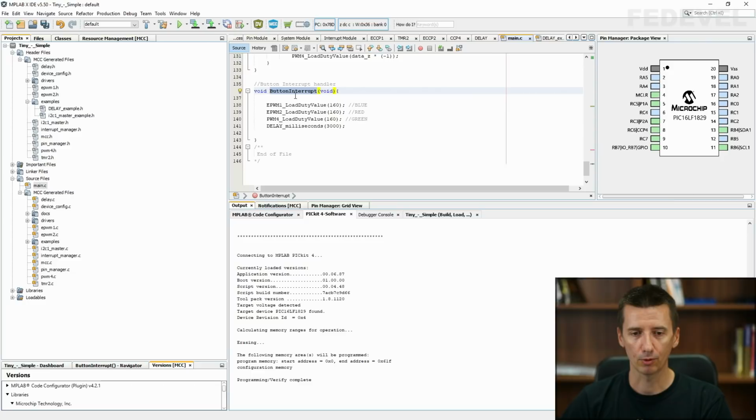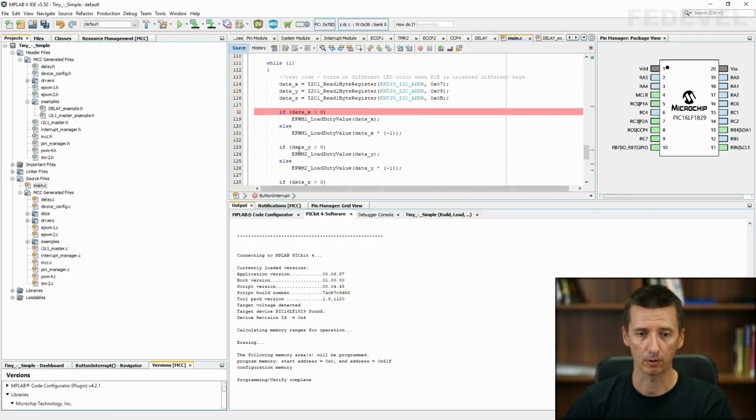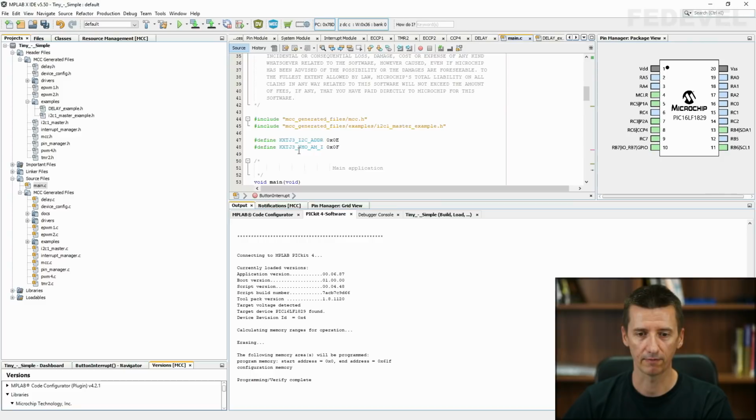Now, we also need to declare this function because it is defined at the end of our file, and we would like to be able to use it in the code before. So I'm going to declare the function up here. And this is how you do it.